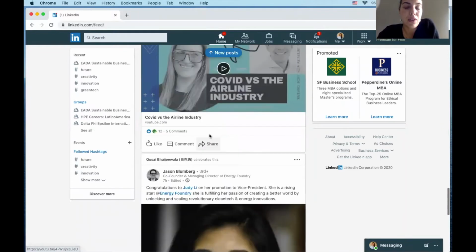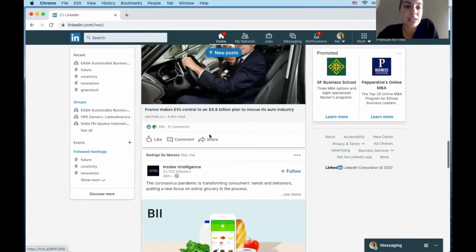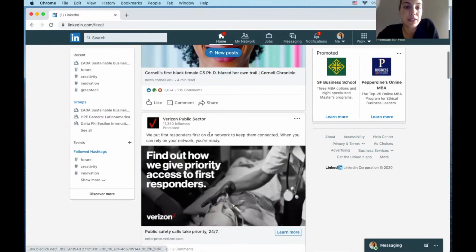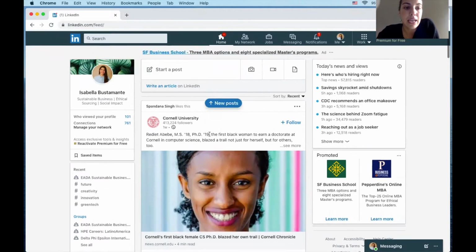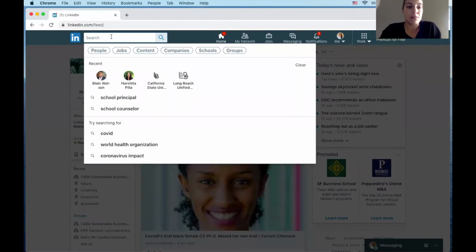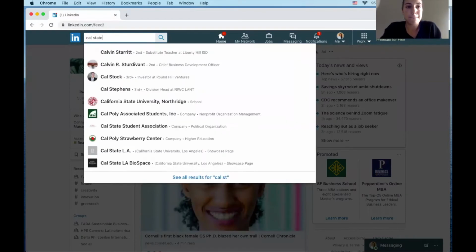You can also go into your settings and filter what kind of content you want, if you want to limit ads and things like that. And you can do searches by hashtags. You can search for groups that are interesting to you. So if you go to Cal State Long Beach,